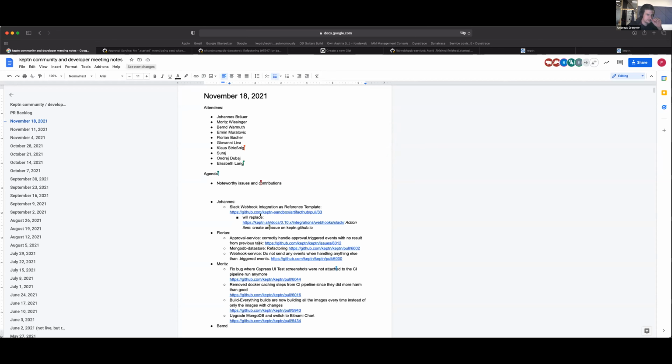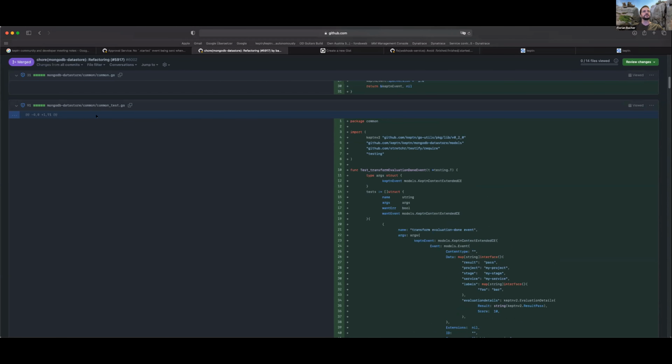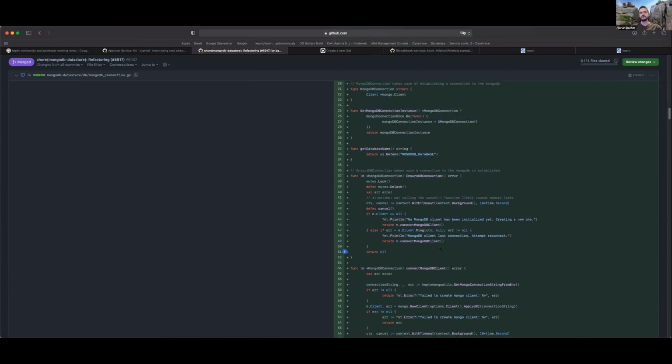Thank you. All right. Okay, the next one, MongoDB data store. This was a refactoring task. So I'm not going to go through the complete code, but what I wanted to highlight here is that we restructured the code in a way that, of course, it's now easier to unit test. And also with using the mongodb-memory-server library, which is in-memory MongoDB that is spun up during the unit tests,